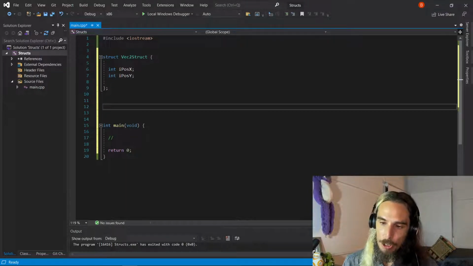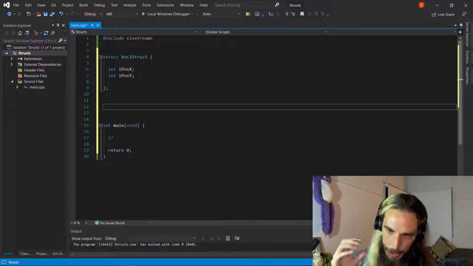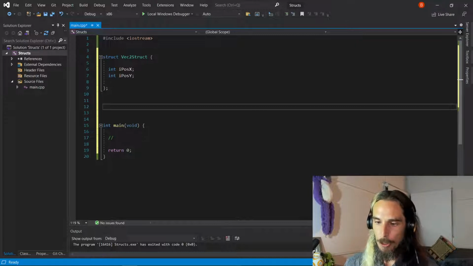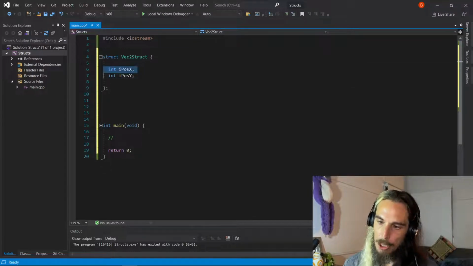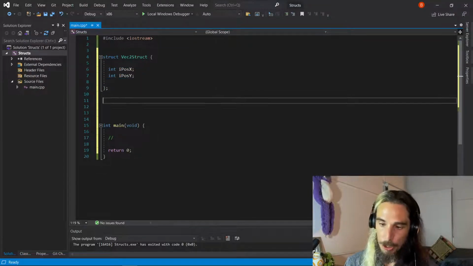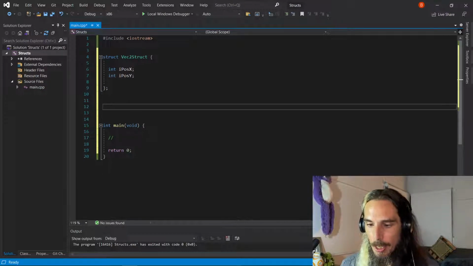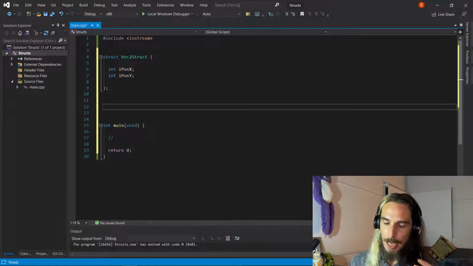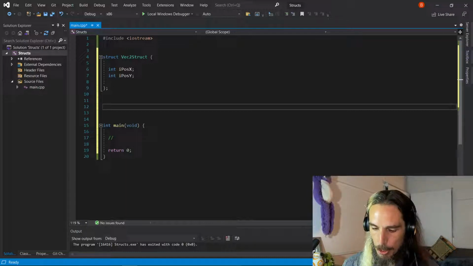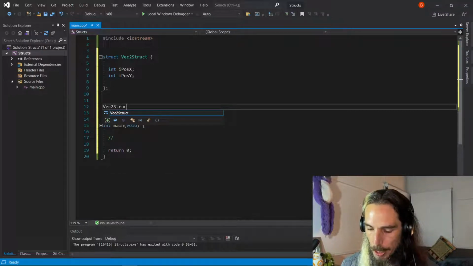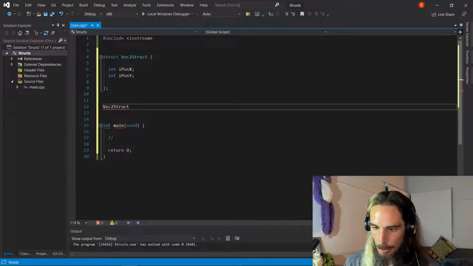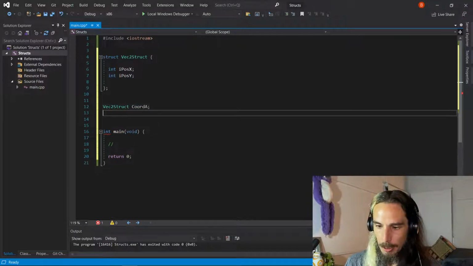So we've got our structure, we've defined the different types of values that it holds, which these guys are known as members of the structure because they belong to it. And we can then go through and say if we wanted to have two sets of coordinates that we wanted to store, we can go through and create those. So tell it that vec2 struct is the type that we want to store, and we'll go